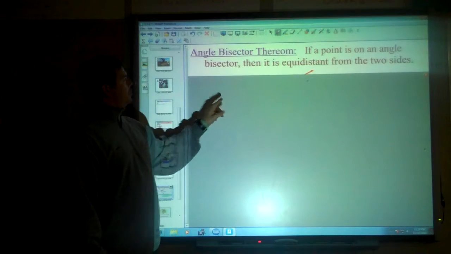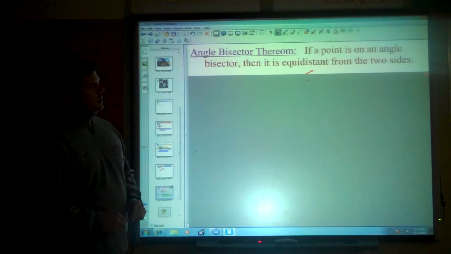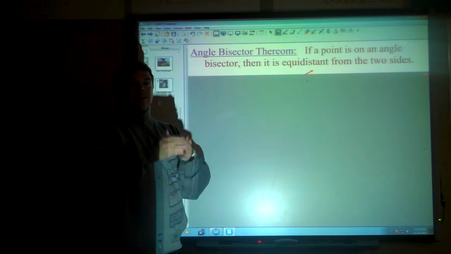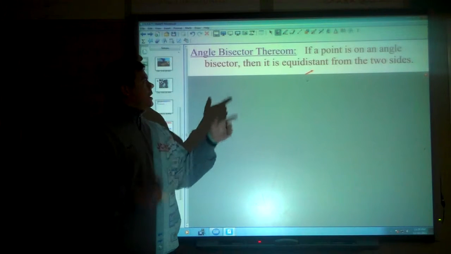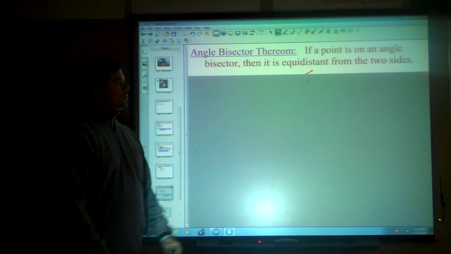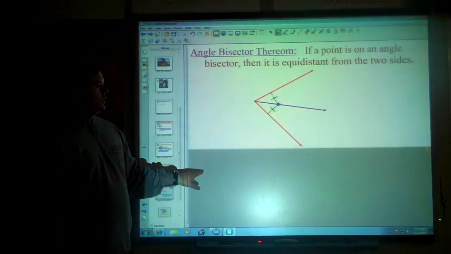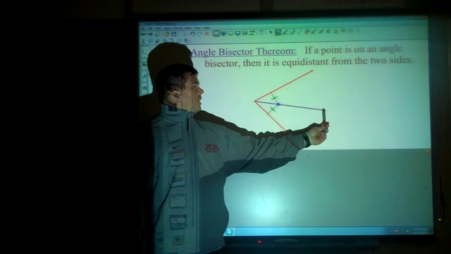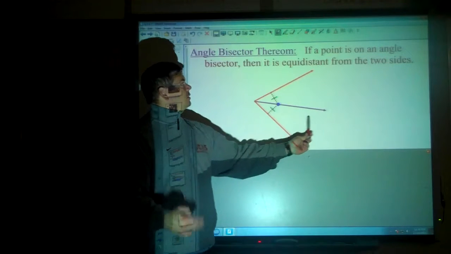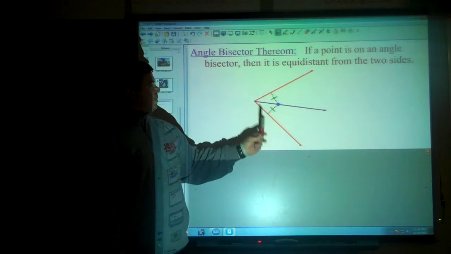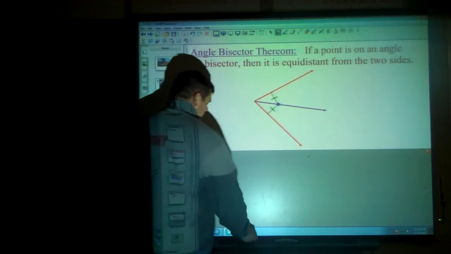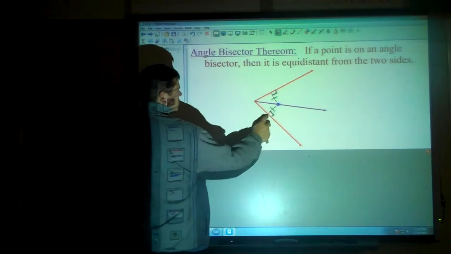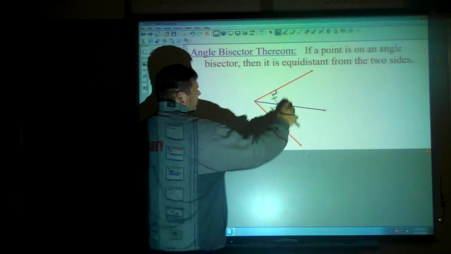And our last bit of information, angle bisector theorem. If a point is on an angle bisector, remember what an angle bisector is, it's bisecting, cutting it into two parts, then it is going to be equidistant from the two sides. So in this case, the red is the angle, the purple line represents the angle bisector, right? And to be on that angle bisector means it will be coming in at the same distance away. It doesn't matter even where. Right here,